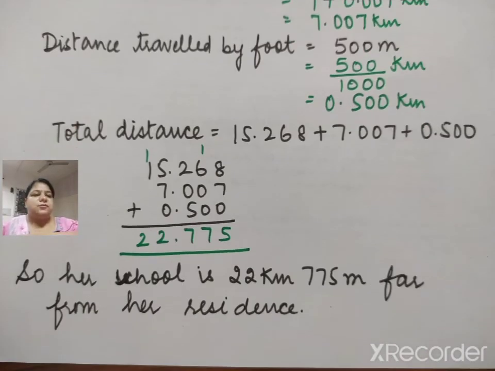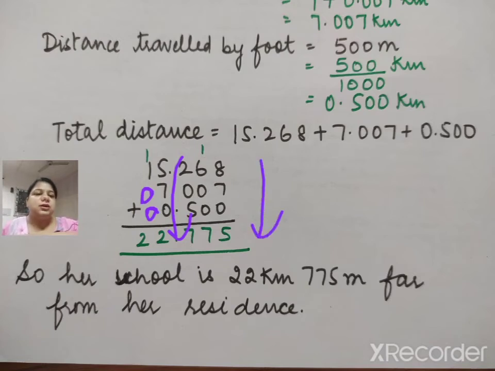So just check, we have again lined up all the decimals. Basically children, this is the main thing while adding decimals, you have to line up all the decimals, right? And then you can put zeros wherever required. Here also if you want, you can put zeros for your convenience, right? So it is simple addition.